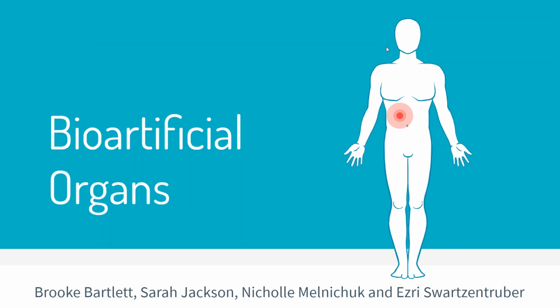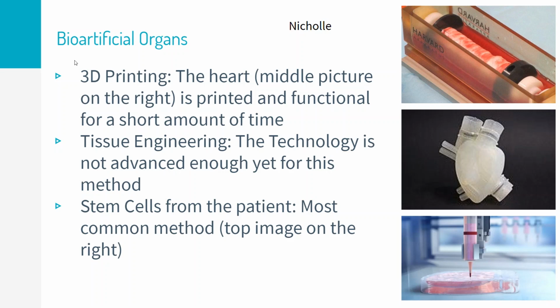Our presentation is on bioartificial organs. The technology for artificial organs has changed over the years. Sometimes the organs can be from tissue engineering, 3D printing, and even using the patient's own stem cells on a man-made structure. When printed, a CT or MRI scan from the patient can be used in order to make a